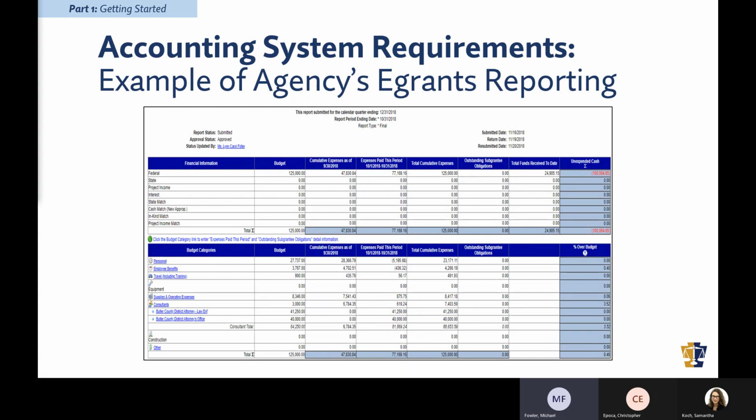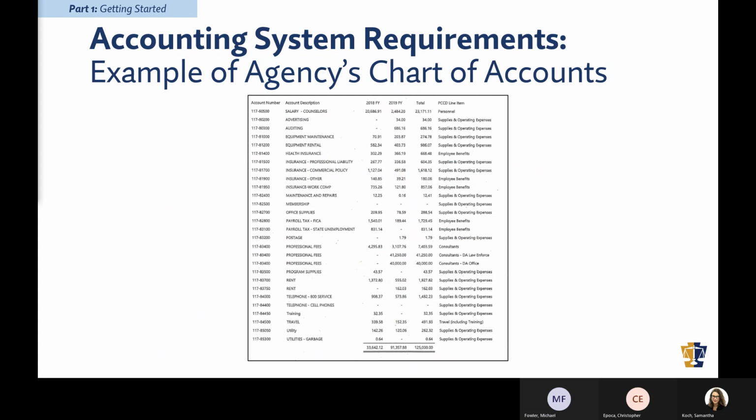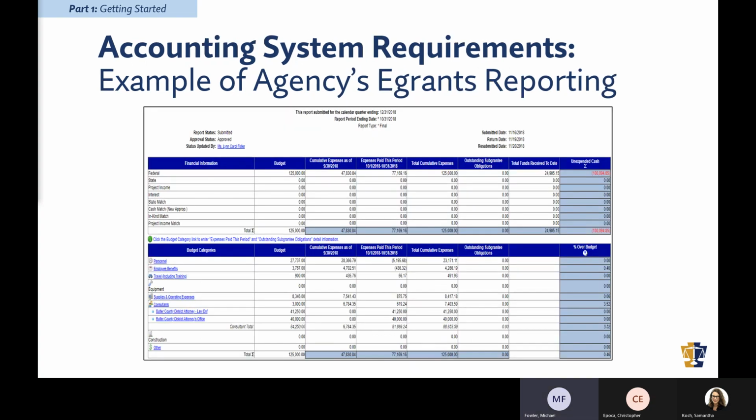And so if you can go back to the last slide, it's exactly the same amount. These are broken down. The categories will be summarized, but they're broken down exactly. If we add up benefits and the travel individually, they'll be broken down exactly as they were in e-grants. And this is a good example of a good accounting system.